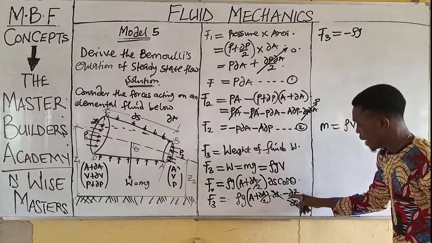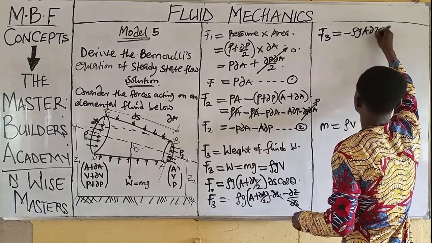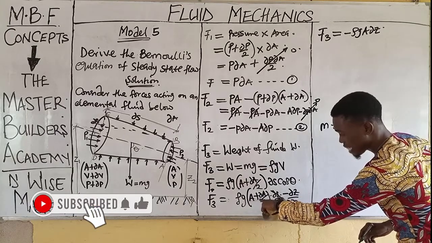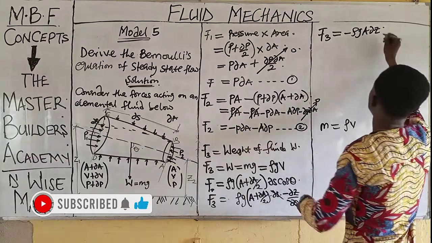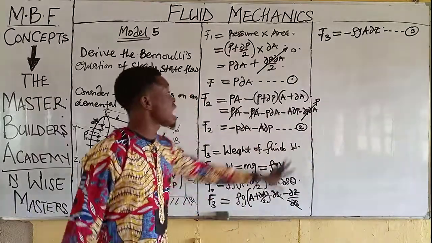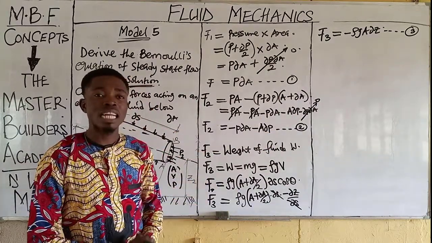Now, A multiplied by change in Z would have given us A change in Z. Now, this guy multiplied by change in Z would have given us 0, because anytime an elemental change multiplies another elemental change, the outcome is 0. Therefore, this would have given us equation 3. Now that we have successfully obtained this, the next thing we are quickly going to do is to understand that